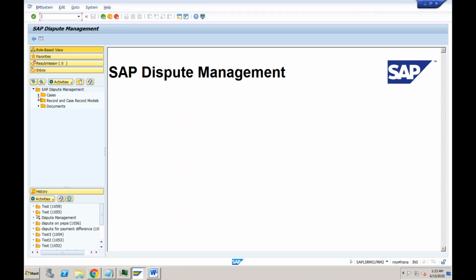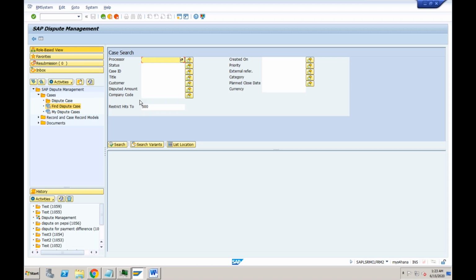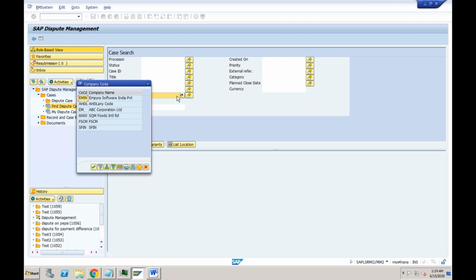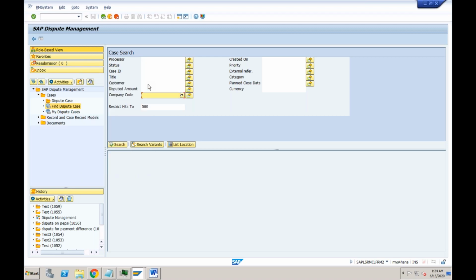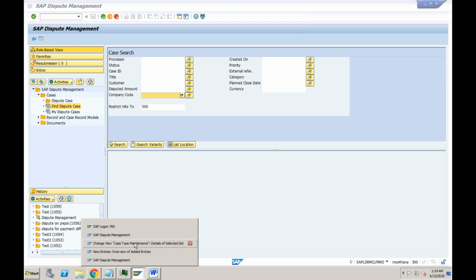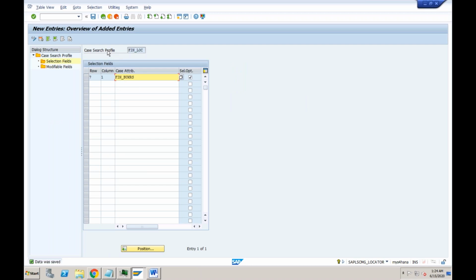Within this, if you click on cases and go to find dispute case, you can see the company code field is now appearing as the 7th row and the first column, and you are able to select from here. Right, so this is the property of search. If you want to change anything in your search profile, if you want to add or delete a particular field from the search profile, you can do it from this particular transaction.